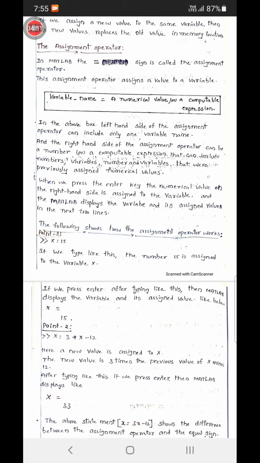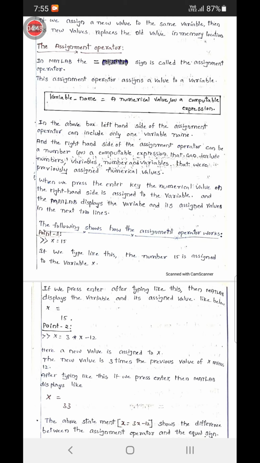So we'll see in this representation what we have left of the assignment operator and what we have right of the assignment operator.